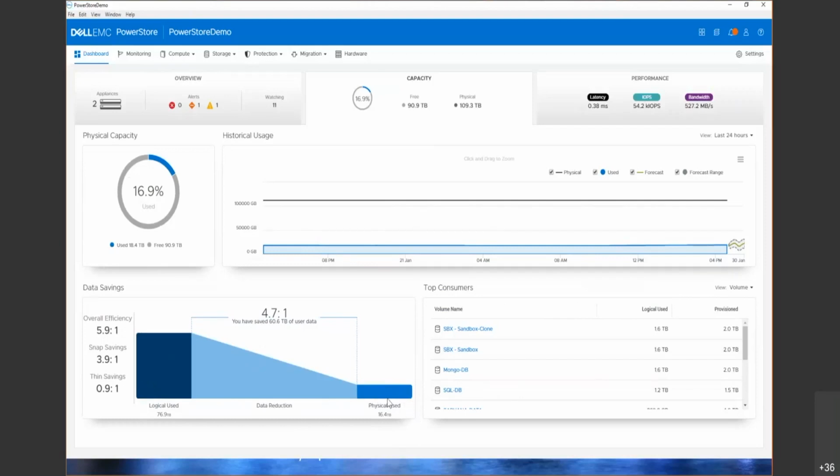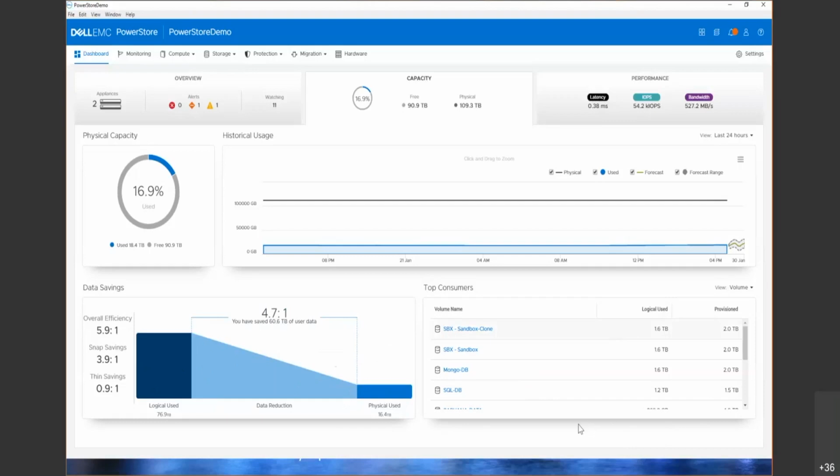So this is the physical, the actual physical storage used, but the logical amount of data, and then of course it breaks down the data reduction. That's important to note because when you start doing capacity planning, this will give you insight as to what type of data you have